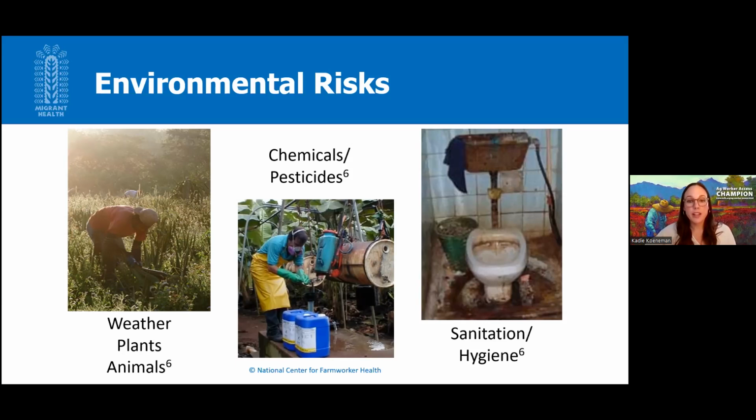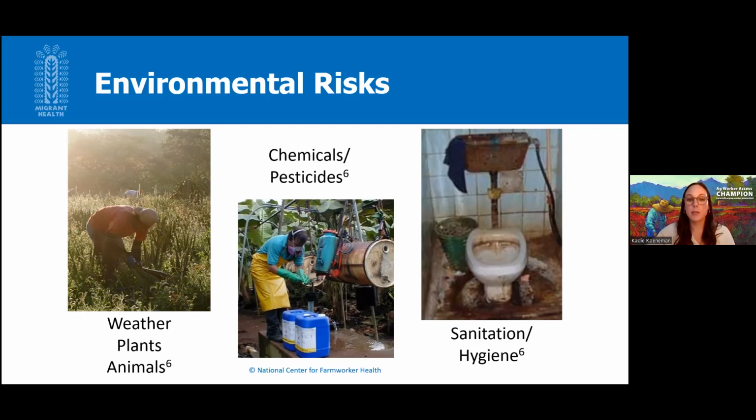Exposure to the pesticides and chemical fertilizers and organic waste that are contaminating this water can lead to some serious illnesses, including conjunctivitis, intestinal illness, risk for cancer, and other neurological disorders as well. Some of these disorders can be misdiagnosed, given that some of the symptoms are common to other things. So it's important that your health centers and staff and providers are aware of these exposures so that these issues and illnesses can be properly diagnosed.